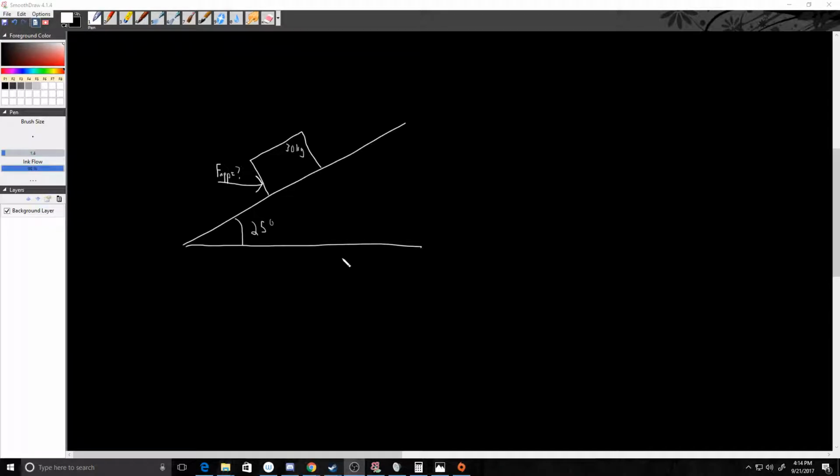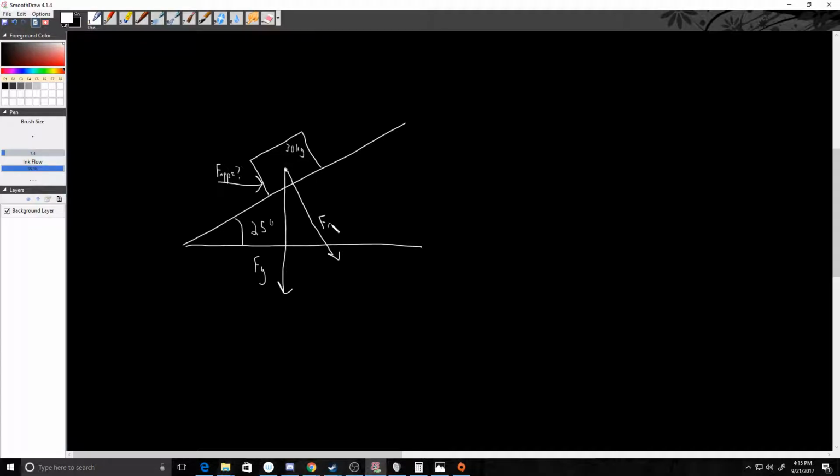Intuition, common sense should tell us that this box is trying to slide downhill. Like if this is a frictionless slope, or a slope with a bunch of rollers on it, if I wasn't here pushing on it, this box would just slide downhill. So the first thing I need to figure out is what force is being applied in that downward direction. So we need to figure out first what's our force of gravity, and then we can figure out things like